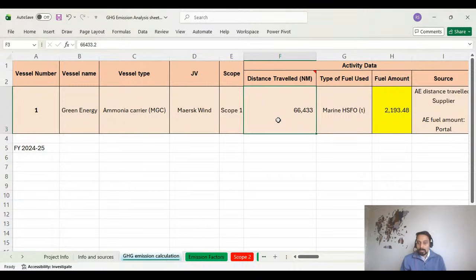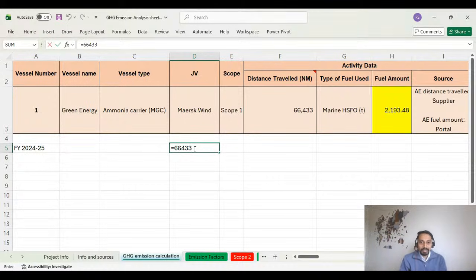Why? Because ultimately we do require the oil products, the petrol and diesel products, and we know that those products generate CO2. If we do have the fuel amount, then definitely we can count. If we don't have that fuel amount, then we have to calculate through the distance. For example, here